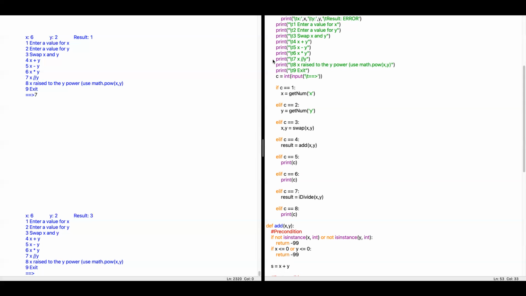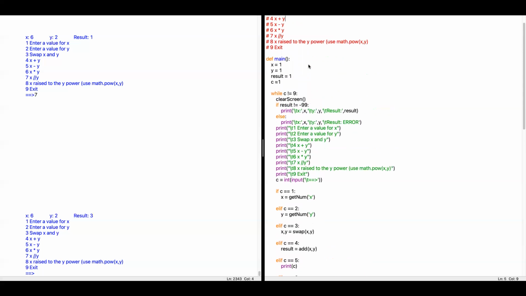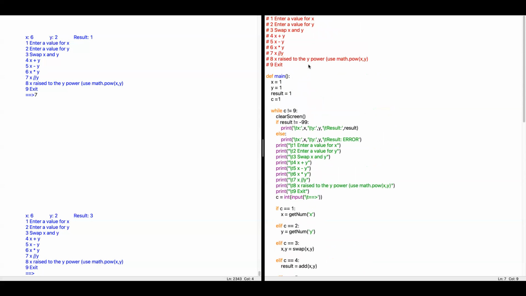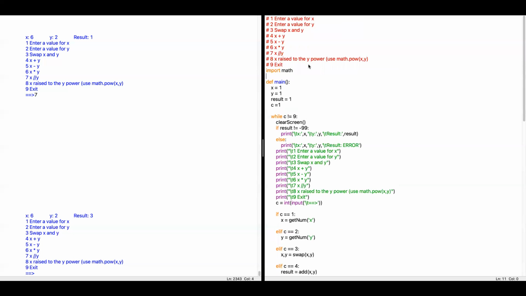Again, we can argue that x times y, they're both going to be bigger than y. Okay, x minus y, it could be anything. It could be 0. It can't be less than 0, so you have to worry about that. Okay, and then just to show how this works, I need to import math. We'll go ahead and do 8 as well. So up here at the very beginning, it could be after the comments, and these comments need to be more in depth. If I import math here, okay, then under 8,